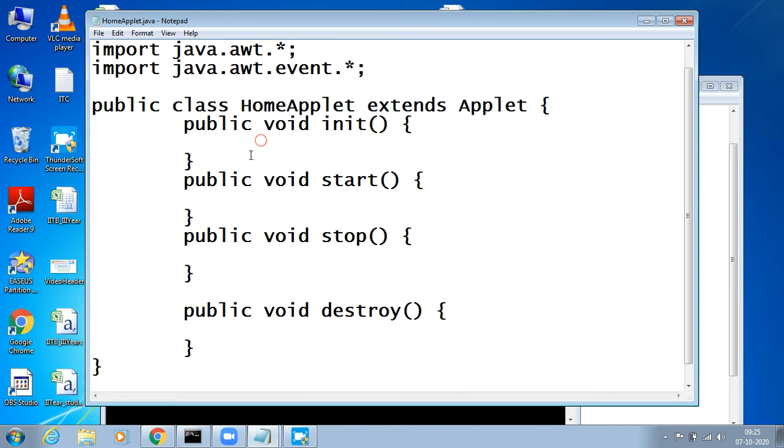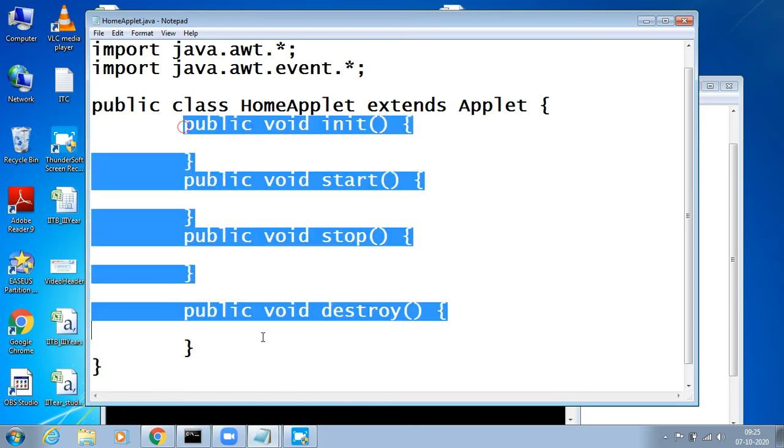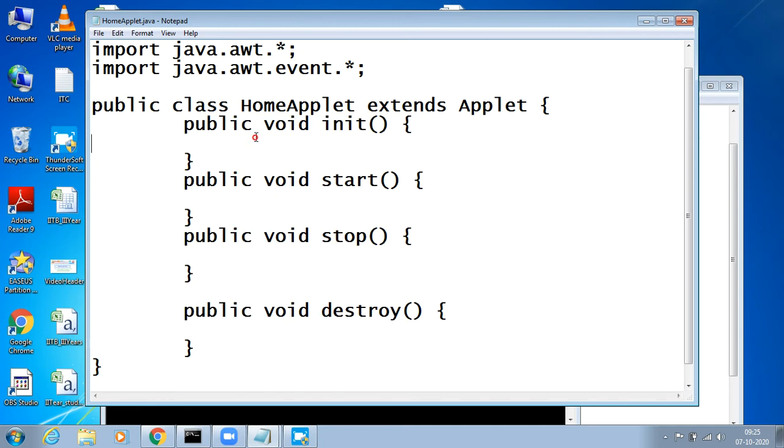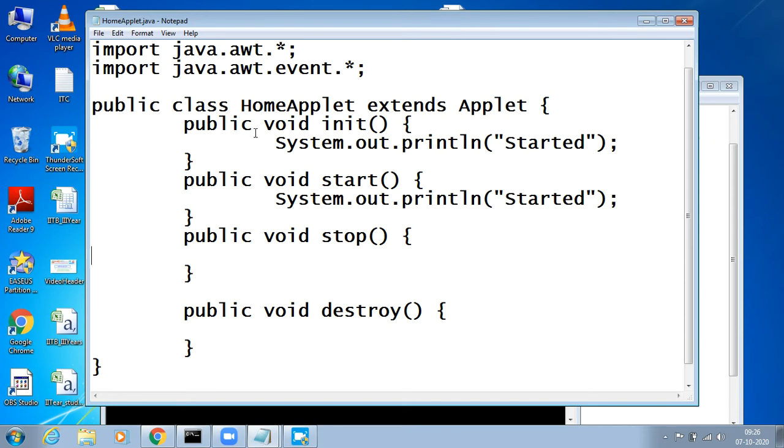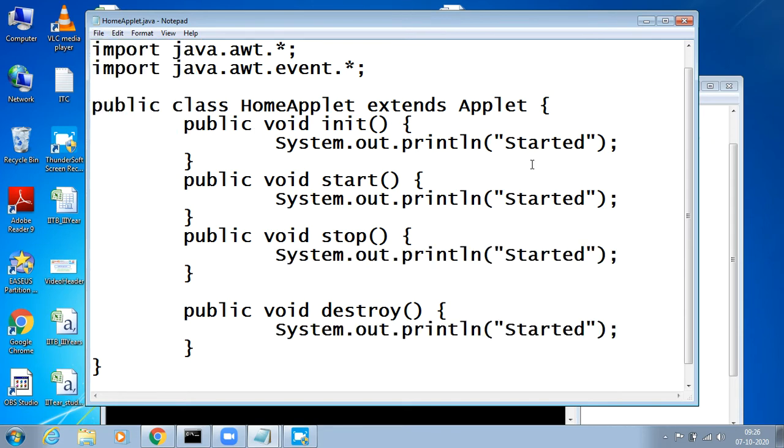So this is a simple kind of program. Inside this we just try to print something here, say system.out.println started. I just want to print messages to show the operations of applet. Sorry, this is initialized, right?